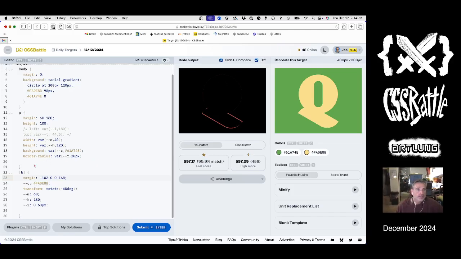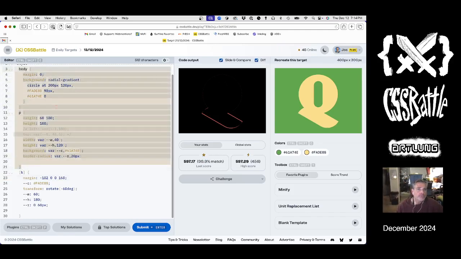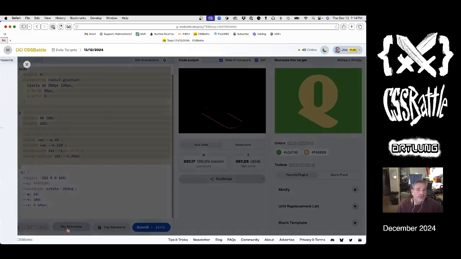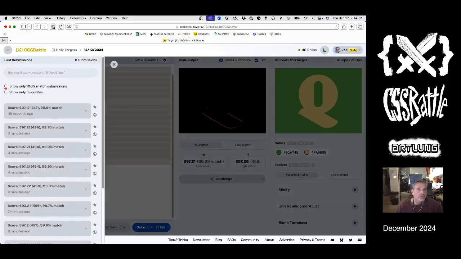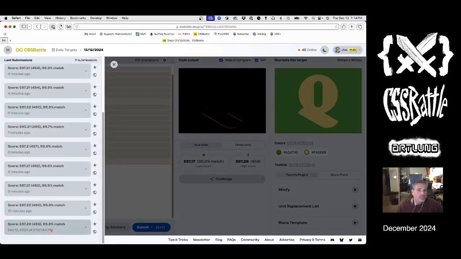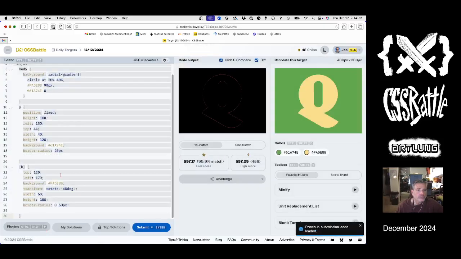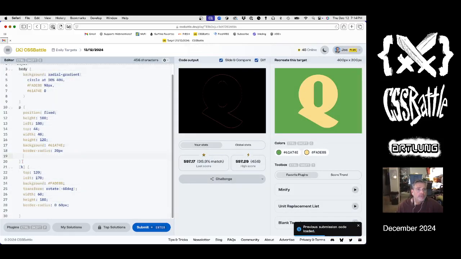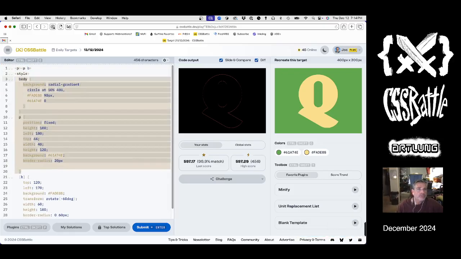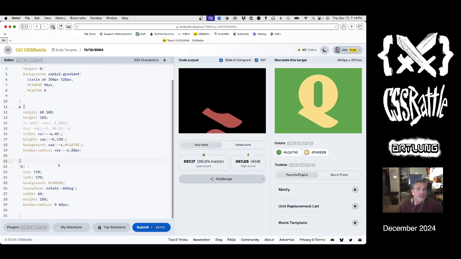All right, so I'm going to copy and paste this and go to prior solutions, and I'm going to go to my first 99% match load, and we're going to replace this, and then now we're going to say margin 0. Okay, so then